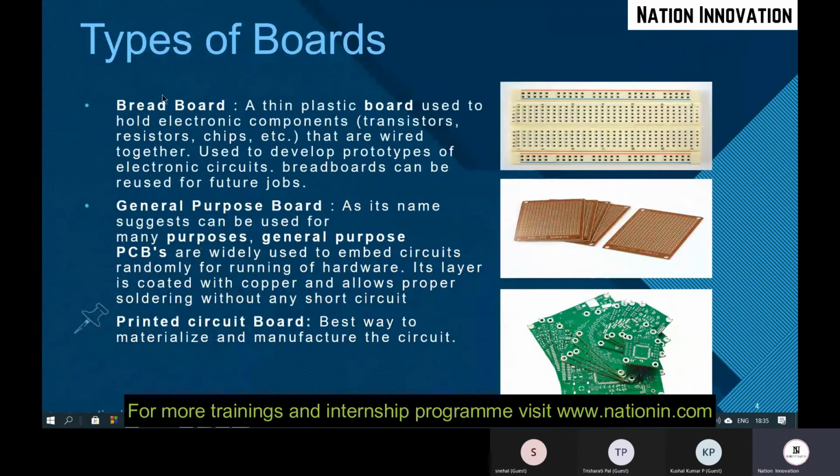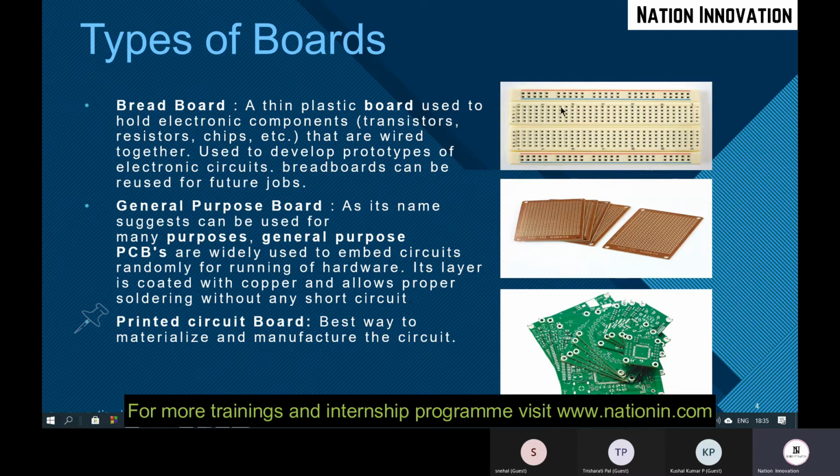And I have mentioned some of the types of boards. Firstly, there is a breadboard, which you may have used in your colleges. It basically works like this: all the horizontal points are at different voltage levels, and all the vertical points will have the same voltage. So you can connect components by jumper wires here. But what happens is the jumper wires may get loose.